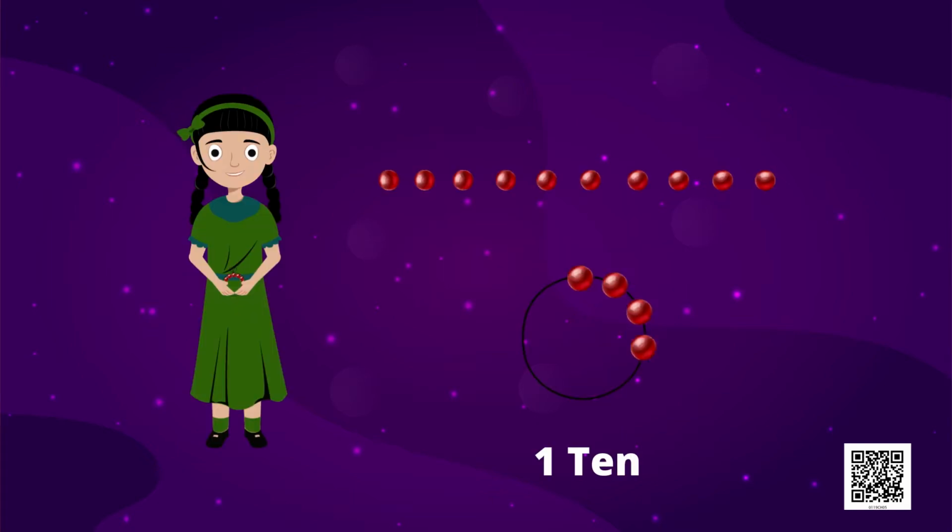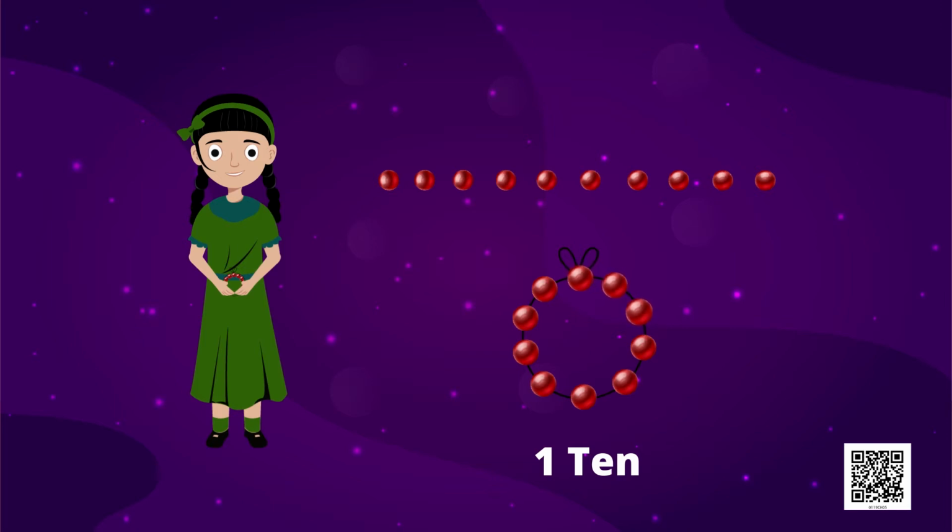Hey, what is Gungun doing here? She is threading some beads. Oh wow, so many red colored beads. They look so bright and beautiful. Gungun has threaded these red beads and then she tied both the ends of the thread together to make a knot. Let us see how many beads she has used.